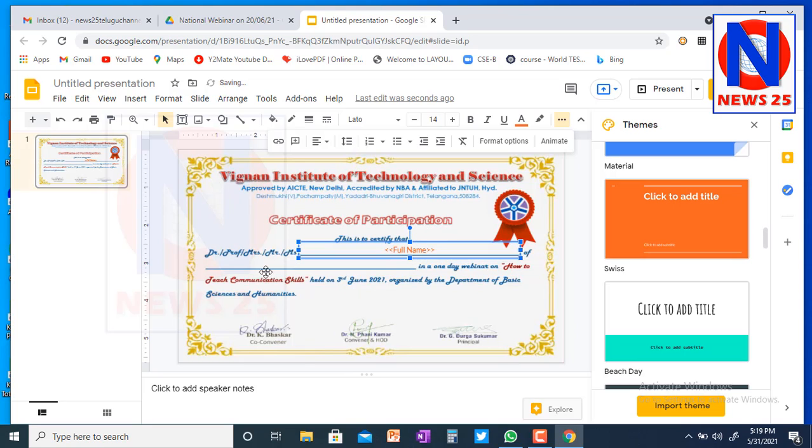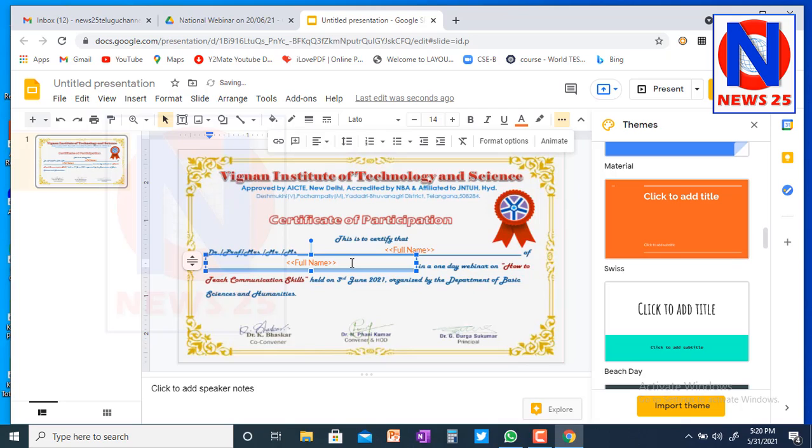Now same, just copy it and paste, so you will get another one, and bring it here, just use arrows, and adjust to the text box.